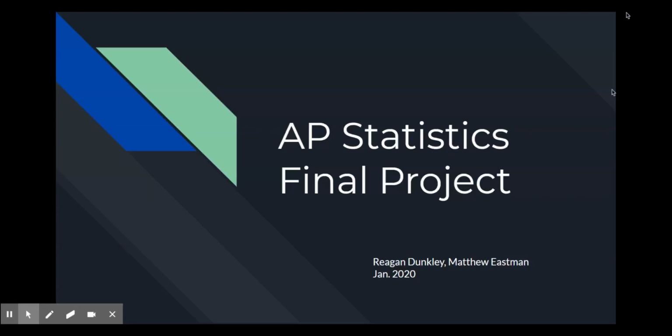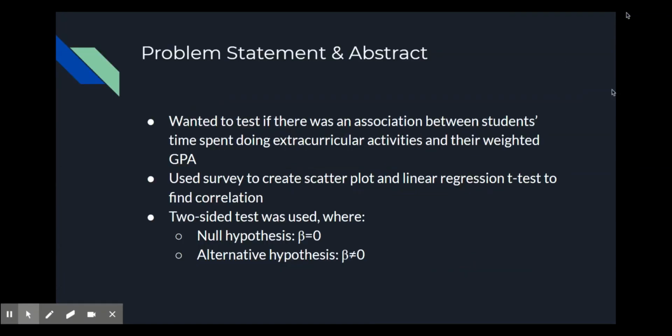AP Statistics Final Project. We created a survey regarding the relationship between time spent on extracurricular activities and weighted GPA for Leesville High School students. Using an Excel spreadsheet, we picked a random sample of teachers to pass out the surveys. Once we received the data, we organized it into a table on a spreadsheet and created scatter and residual plots